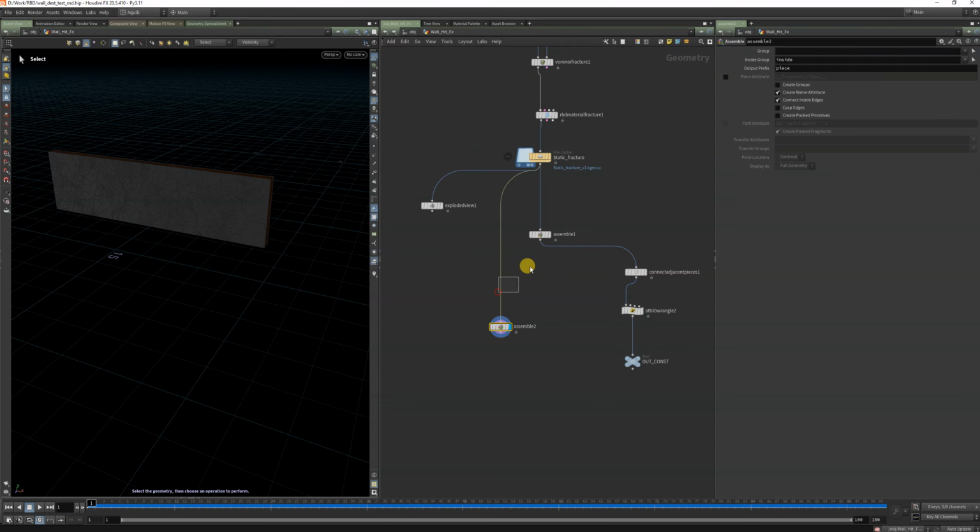One DOP network, call it RBD. For the color palette you just type C. Okay, and for RBD here I just take one called RBD pack object, okay, bullet solver,